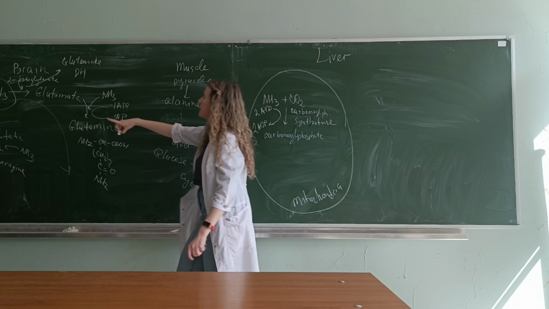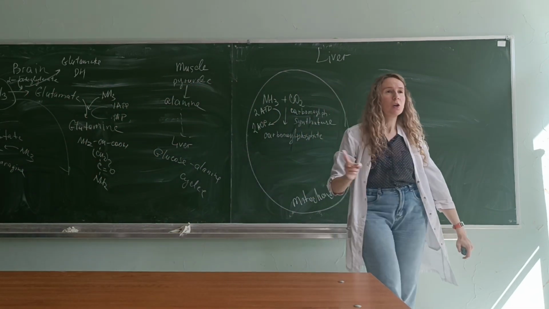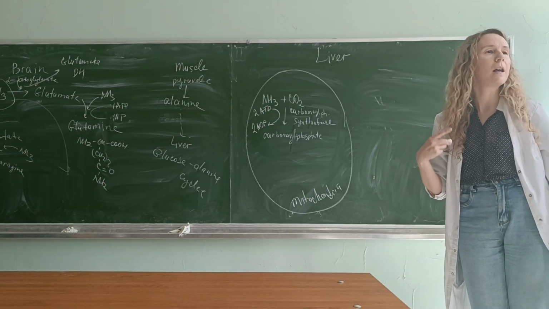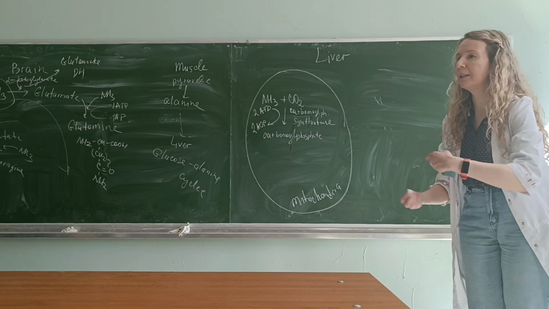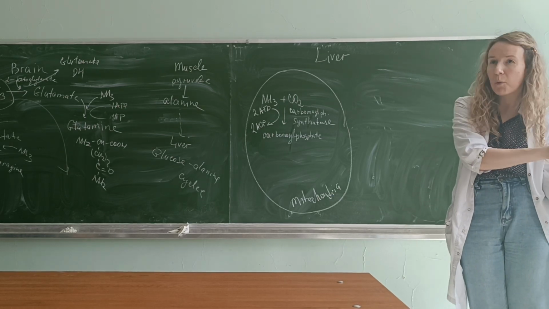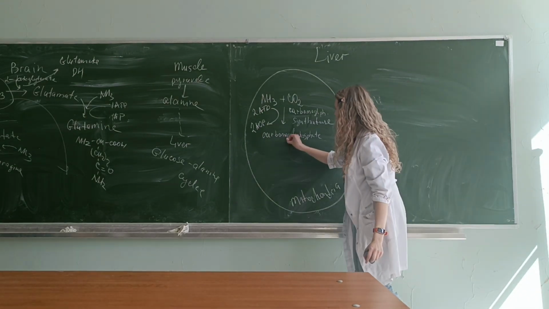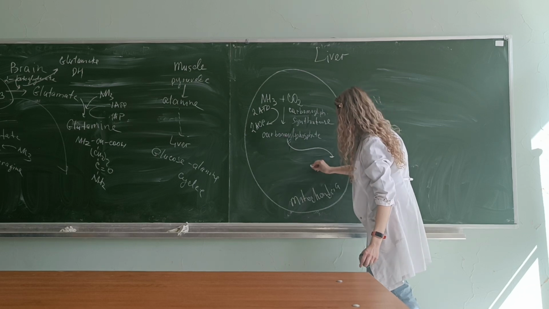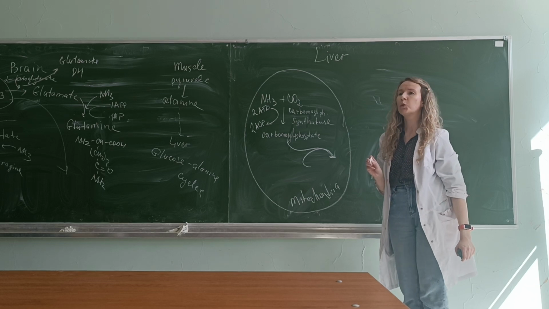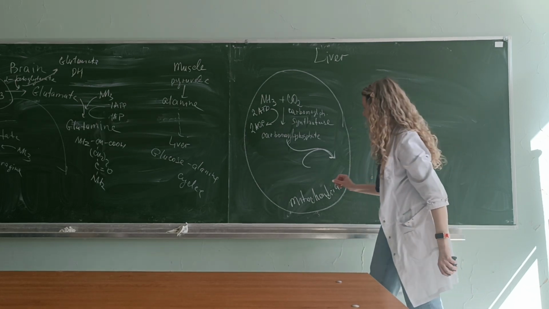Again, we spend energy, we spend energy, we spend energy. So formation of urea is a reaction where we spend a lot of energy for detoxification of ammonia. But we need to do it, otherwise we will be poisoned by ammonia. So carbamyl phosphate connects with a specific amino acid named ornithine. That's why the urea cycle is also named the ornithine cycle.